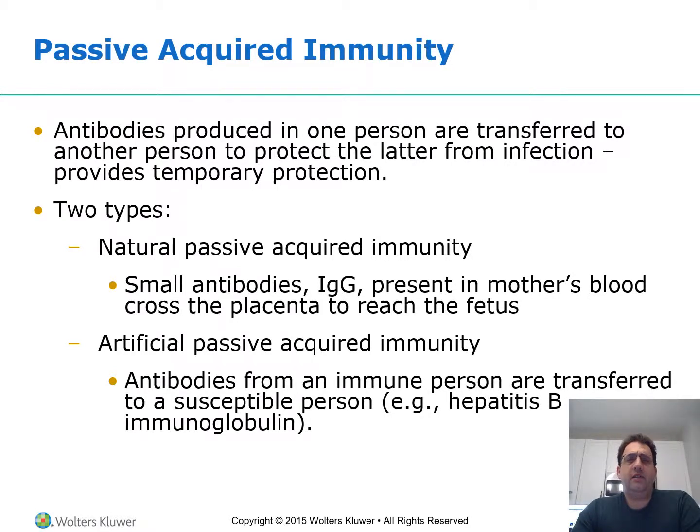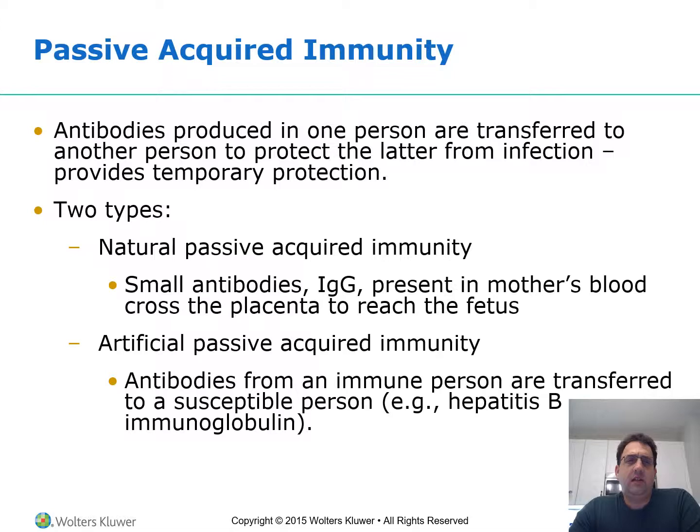Now, passively acquired immunity is when antibodies are produced in one person and given to another person, or in one animal and given to another person, and they provide temporary protection. The natural version of this happens between mother and baby. IgG antibodies pass through the mother's placenta to the fetus, so when the baby is born, it has a handful of these IgG antibodies that will provide it immunity very early on. Also, IgA antibodies are found in mother's milk, and every time the baby breastfeeds, the baby gets some of these